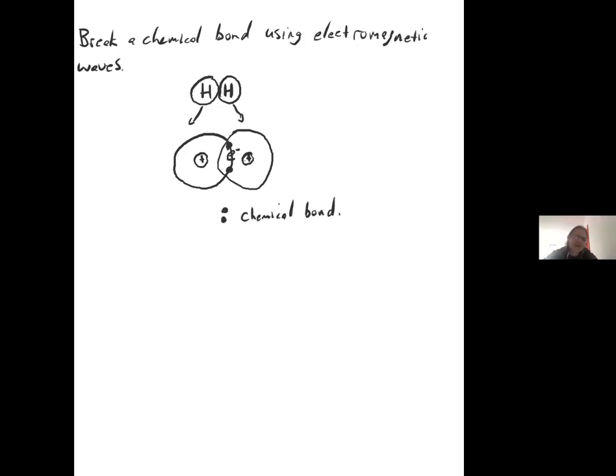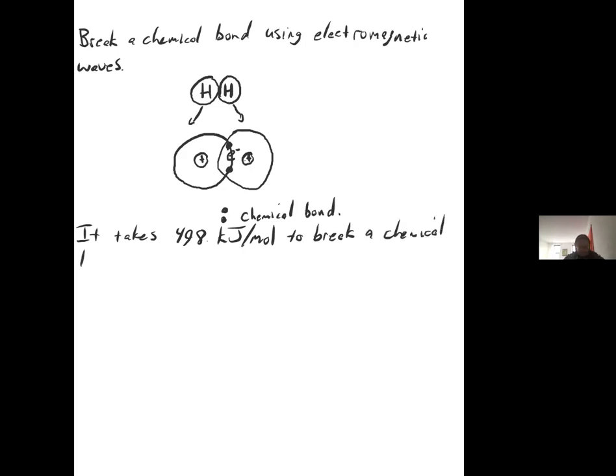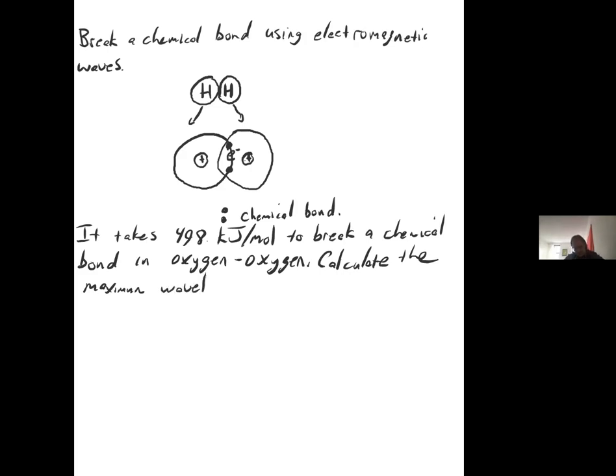Okay. Now, in a sense, this problem that you're going to do here in chapter 6 is a little bit of foreshadowing of what we're going to do in chapter 8. So essentially the problem says, look, it takes 498 kilojoules per mole to break a chemical bond in oxygen. Okay. Calculate the maximum, let me make sure I get this wording right, the maximum wavelength of light